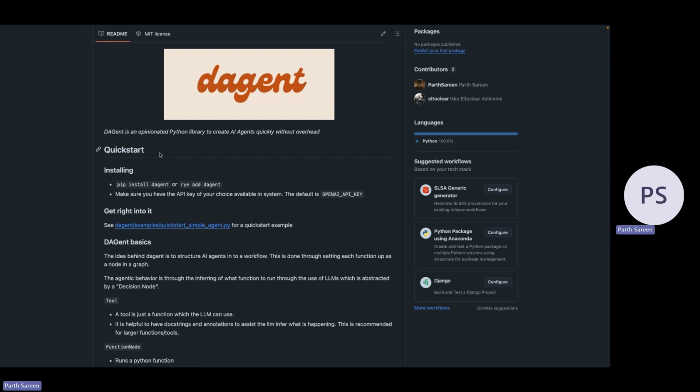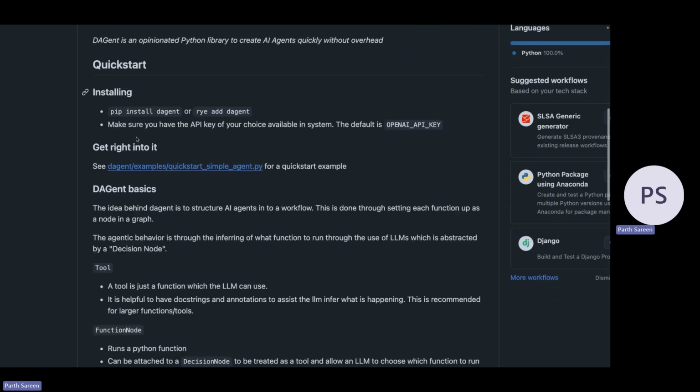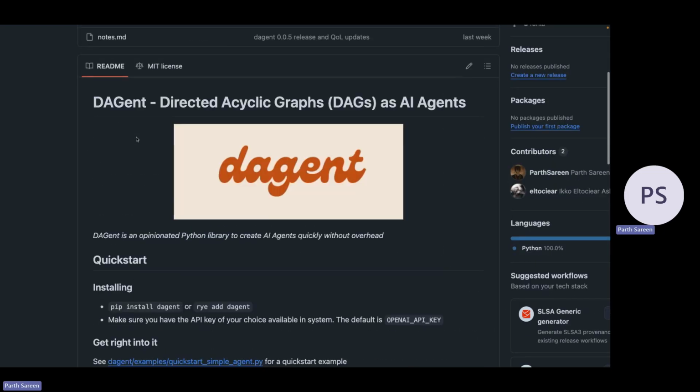Cool. Hands, Grok. Okay, we're going to move on now. You can follow along here, or you can just look at the screen. Basically, Dagent is, again, directed acyclic graphs.